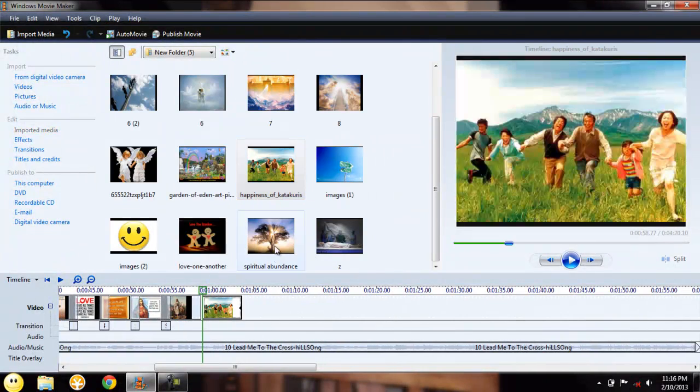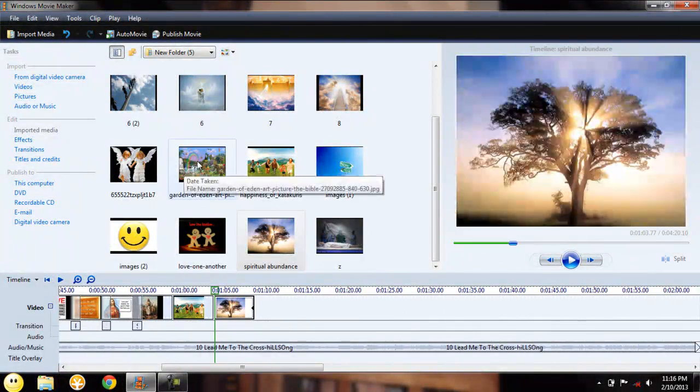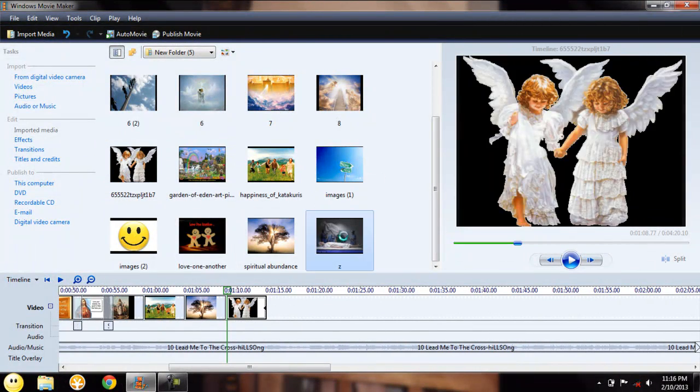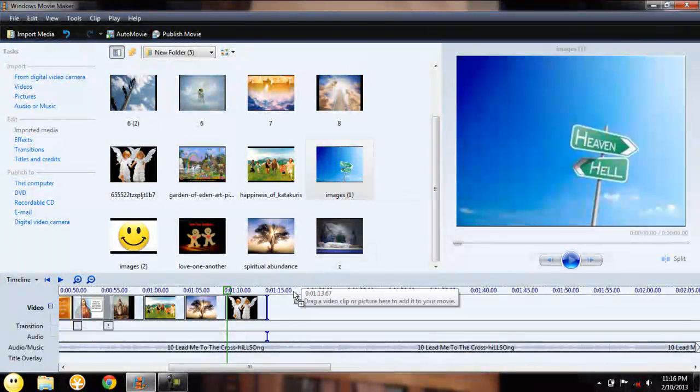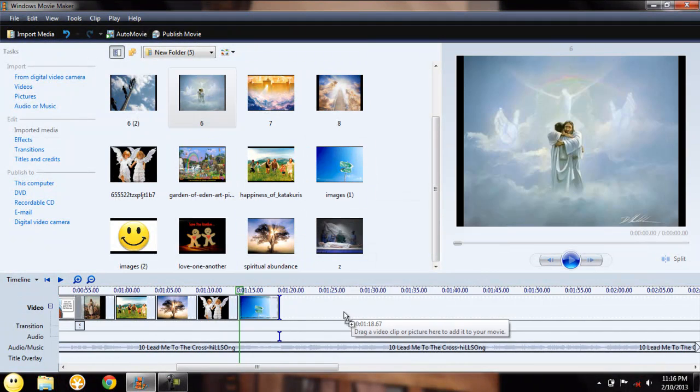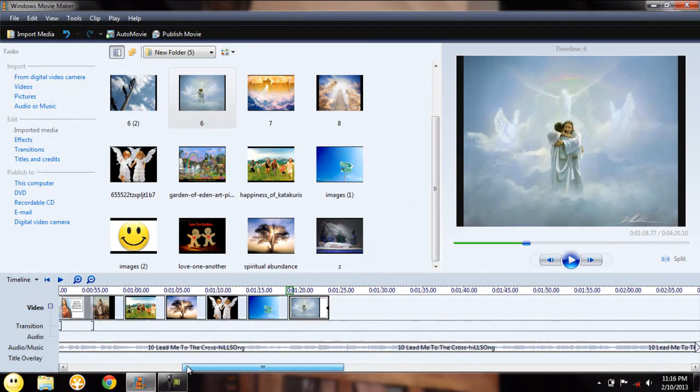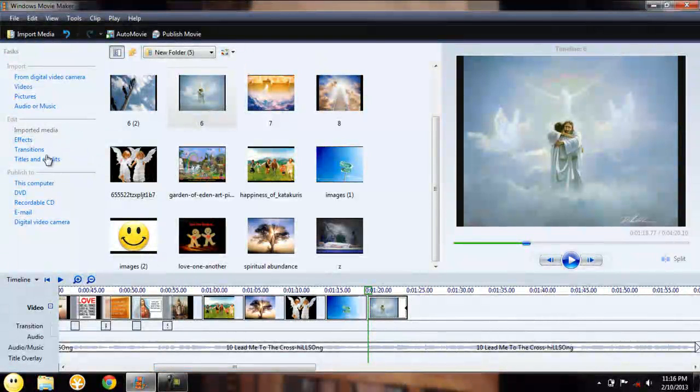Add more images to complete the first stanza and the chorus of the song. Then add transition.